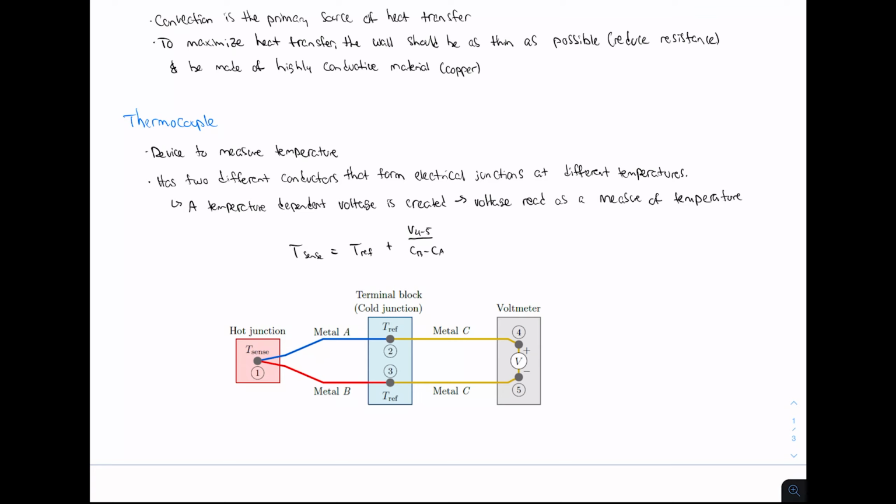Okay, and then this is going to create a voltage, and this voltage can then be converted to a temperature. So we're going to be using this equation here for the thermocouple. T sense is the temperature that we're trying to measure, so either the temperature of the copper rod or the temperature of the airstream. That's set equal to the reference temperature that we have, which is an ice bath, and then we add the voltage that is created, divided by the